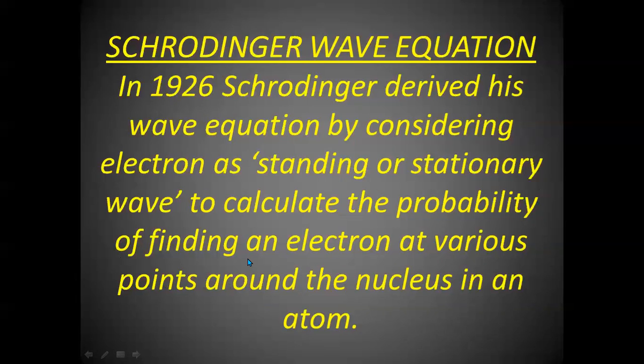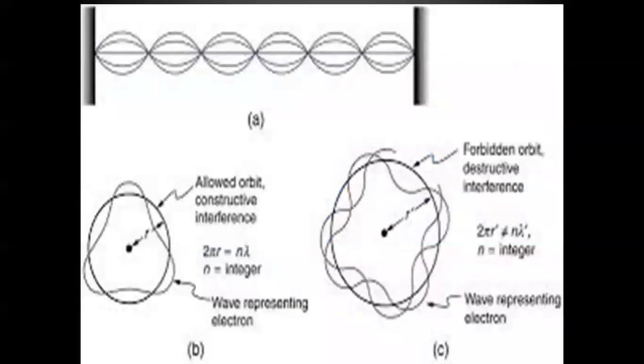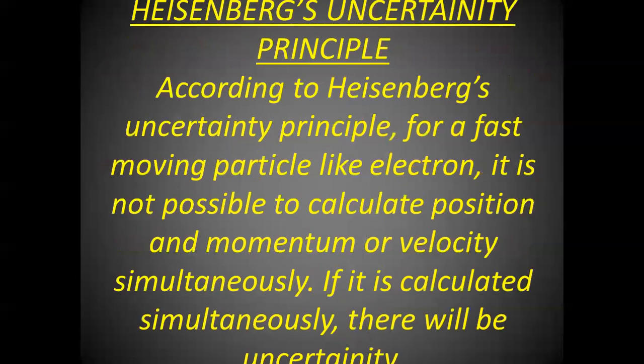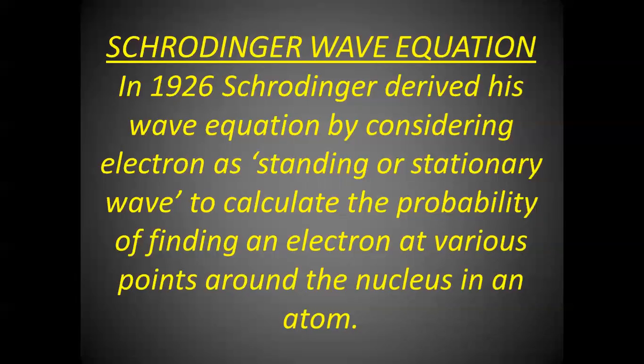Why are all these things happening? Actually, we are trying to discuss how and where the electron can be found in an atom around the nucleus. First, according to Bohr, the electrons revolve around the nucleus, and according to Rutherford, there is a nucleus or central part in the atom where protons and neutrons are there. Around that, electrons are revolving around the nucleus.